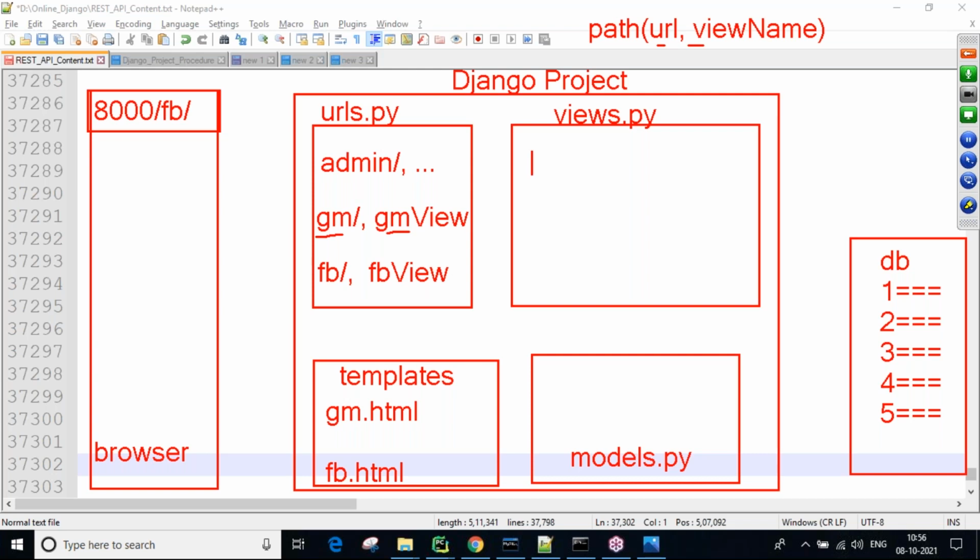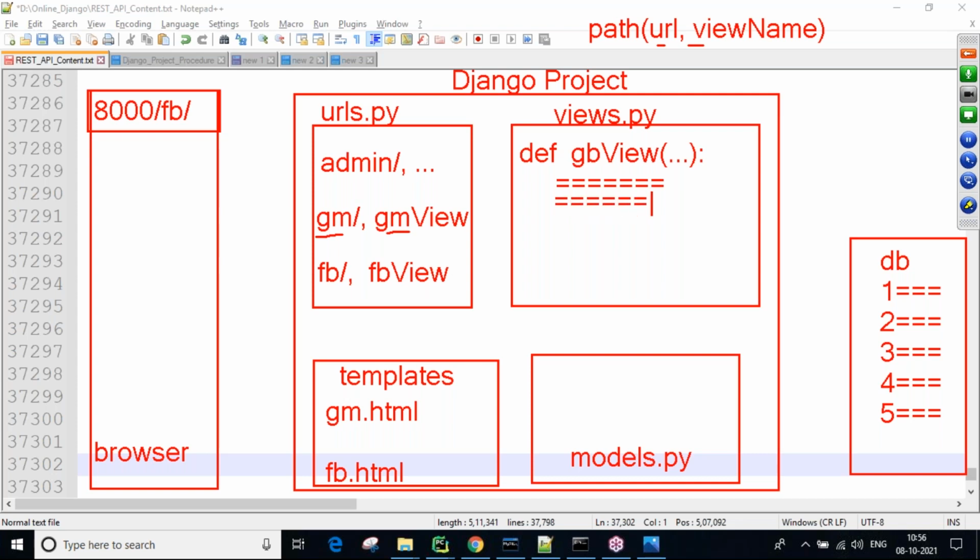So for functions, def keyword followed by the function name. A view is nothing but a function only. So now we write the view name: gm view, with something inside. Whatever logic you want, you can write it.